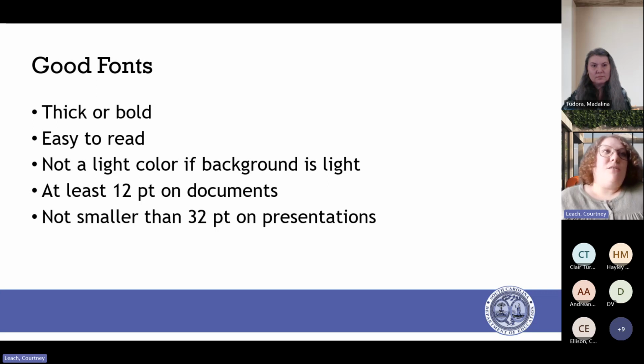And also, that's something that you can consider: your context. If people are going to be at the back of a room and viewing just one screen, then you want to make your font as large as possible. But in situations like we're doing now, in virtual platforms, you can go a little bit smaller because people can increase the size of their screens. But I would say don't go below really 28 if you're doing a virtual presentation.